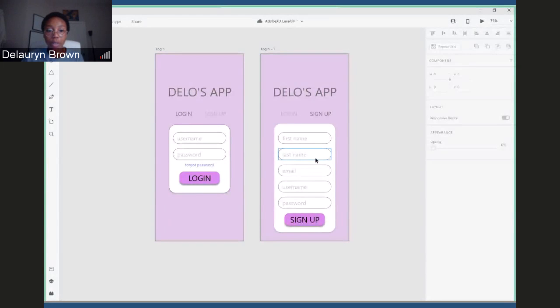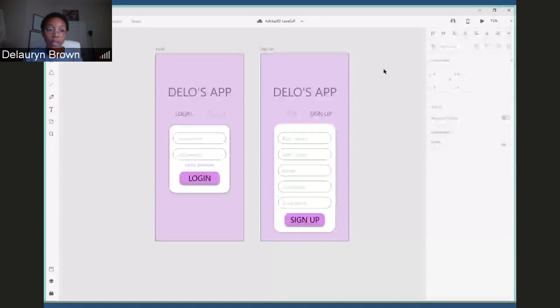And it gives you the same, what's the vocabulary word? The conceptual mapping that most people are expecting when they go into a login and sign up. So we will just stick with this, and I can show you how to prototype. Now since we only did 2 artboards, let me go ahead and change the name of this. Since we only did 2 artboards, this prototype is going to be very straightforward and simple. But once you are done with this and you like it, definitely Control S so you can save it,